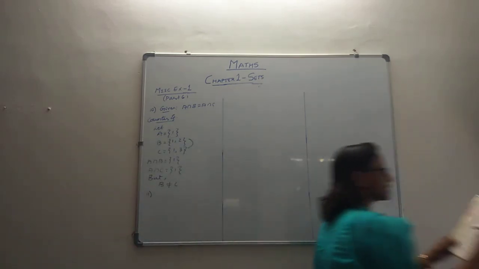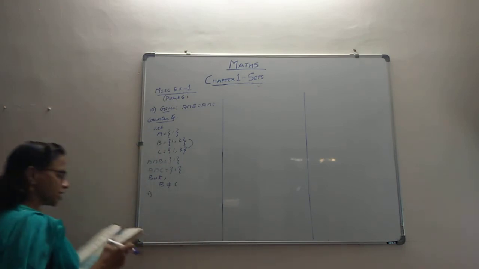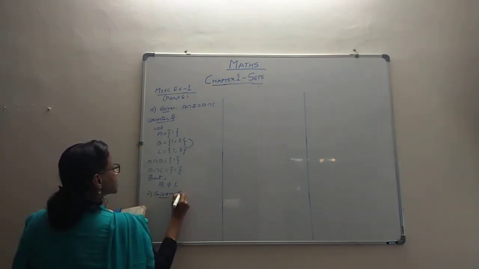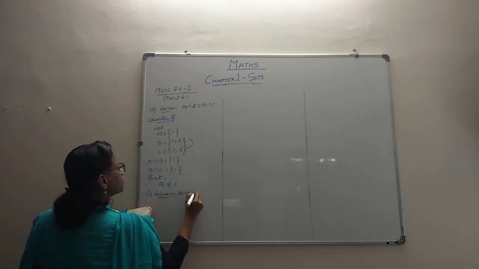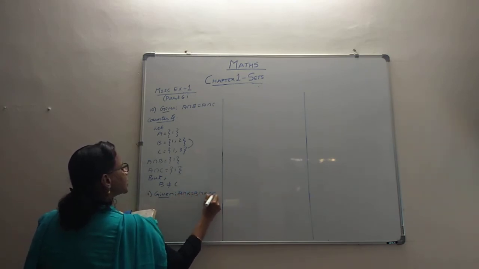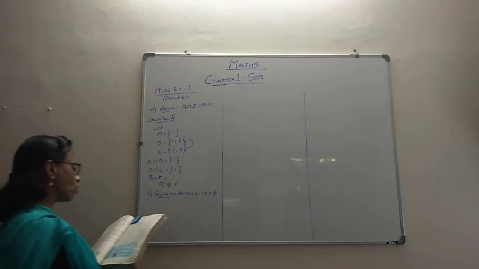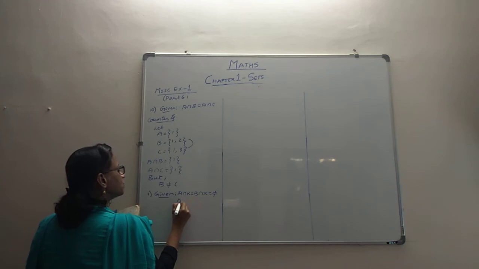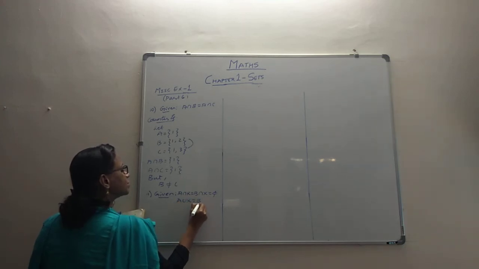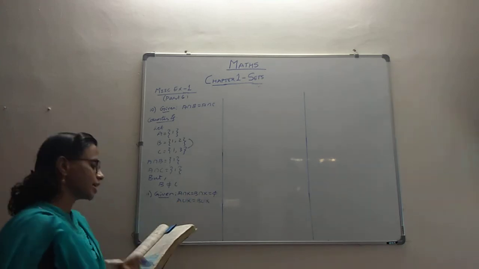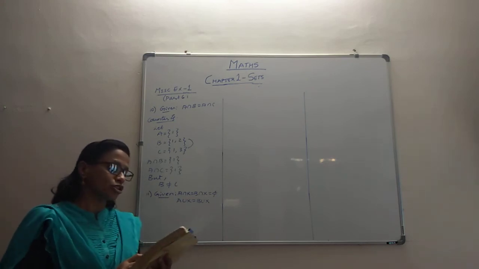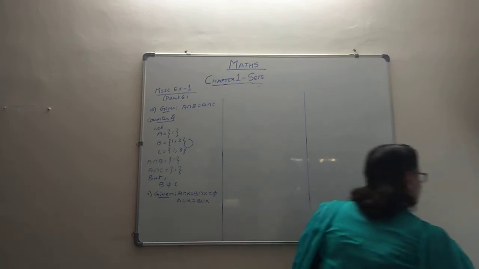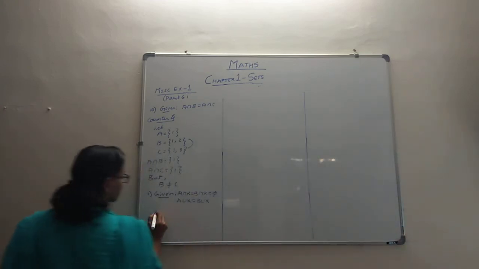In the 11th question they say that A intersection X is equal to B intersection X, which is an empty set, and they also give us that A union X equal to B union X. Both this is given to us. We have got to show that A equal to B. The question asks us to show that A equal to B. What do we have to show? We have to prove that